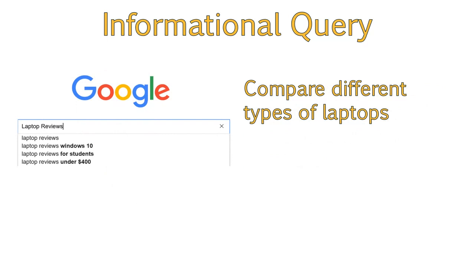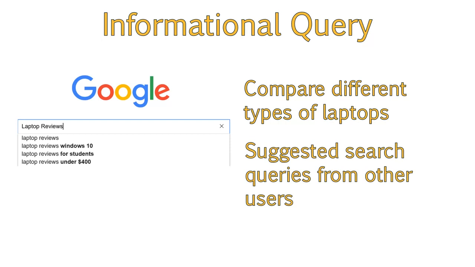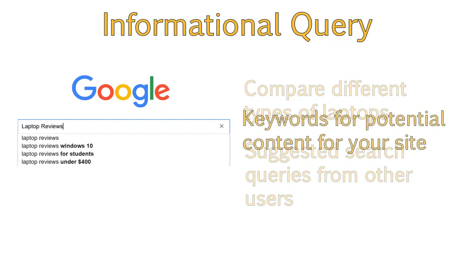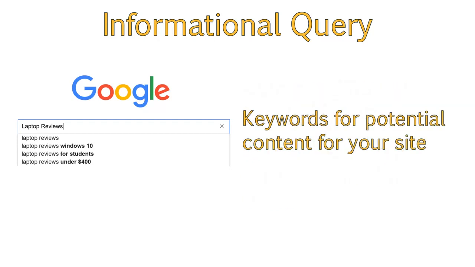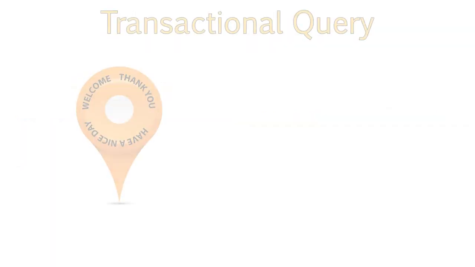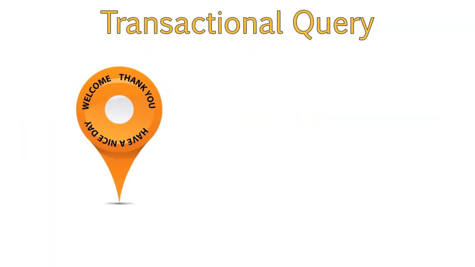Note that during this stage, users are more likely to notice suggested search queries. These are different search queries other users have typed in. This may change the keywords they use, so you should look at this area for potential content ideas on your site. The third type of query is transactional, so in this case, they are ready to buy, and they're hoping